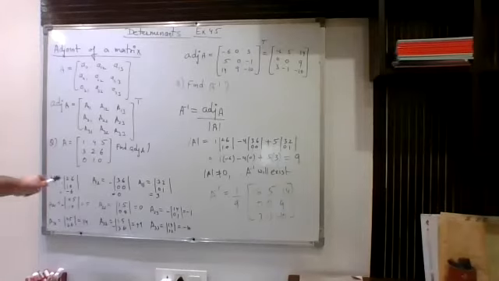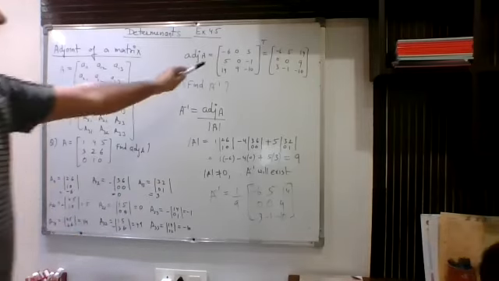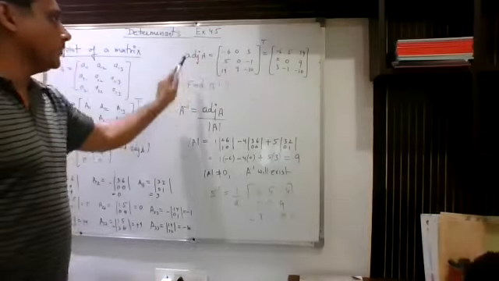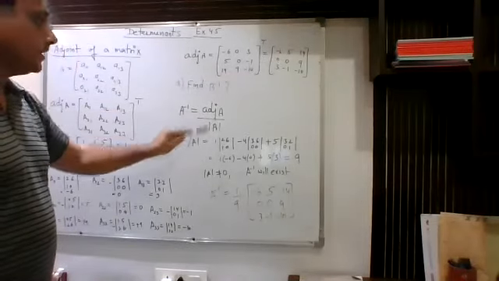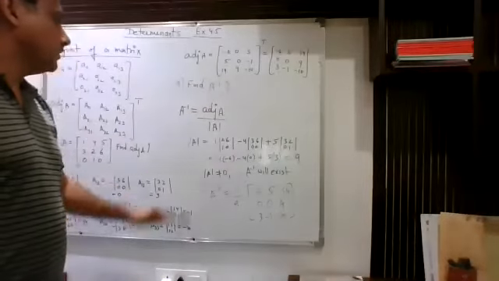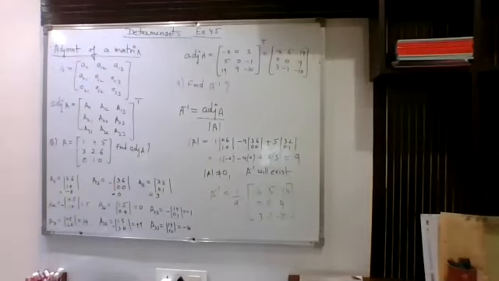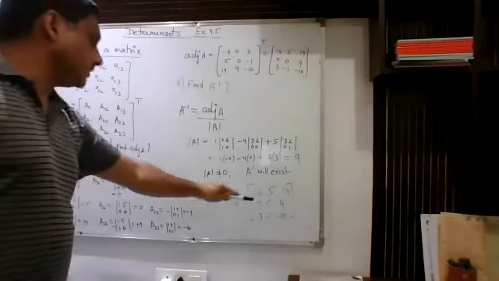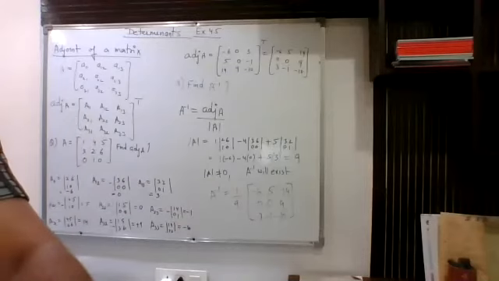So first step is you have to find all the 9 cofactors. After finding 9 cofactors, you can take the transpose. You will get adjoint of the matrix. In order to find A inverse, your formula is A inverse is adjoint of A divided by det of A. So adjoint already we have found. Now det we are finding it is coming out to be 9. So we are putting the values in this formula. So this is what you will get as the final answer.